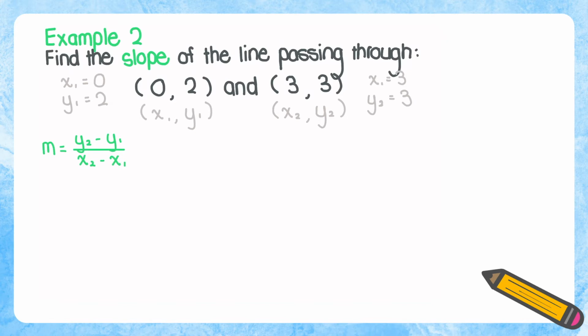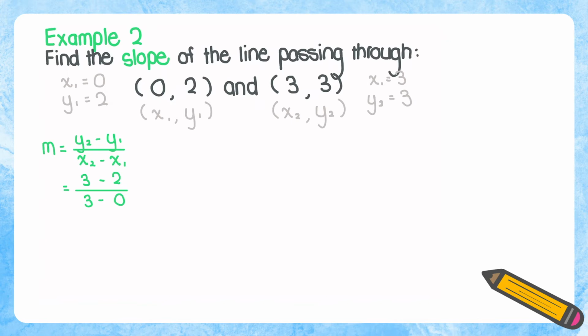So let's replace this with the actual given numerical values. y sub 2 equals 3 and y sub 1 equals 2. So we have 3 minus 2 over x sub 2 equals 3 and then minus 0 because x sub 1